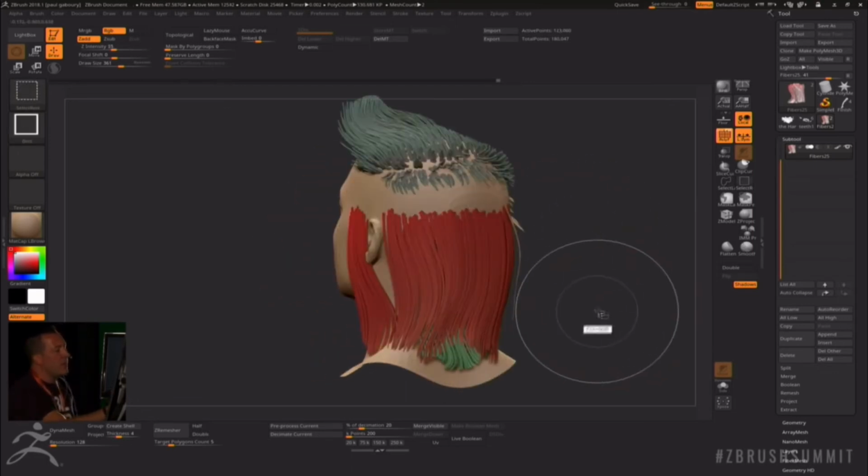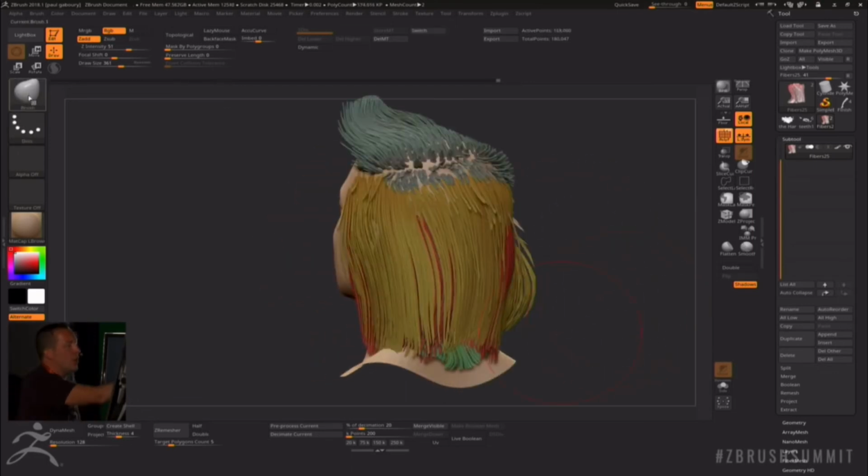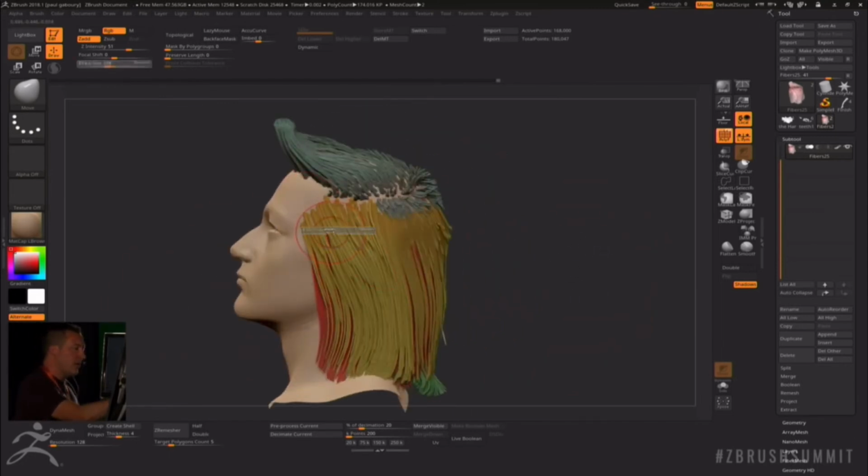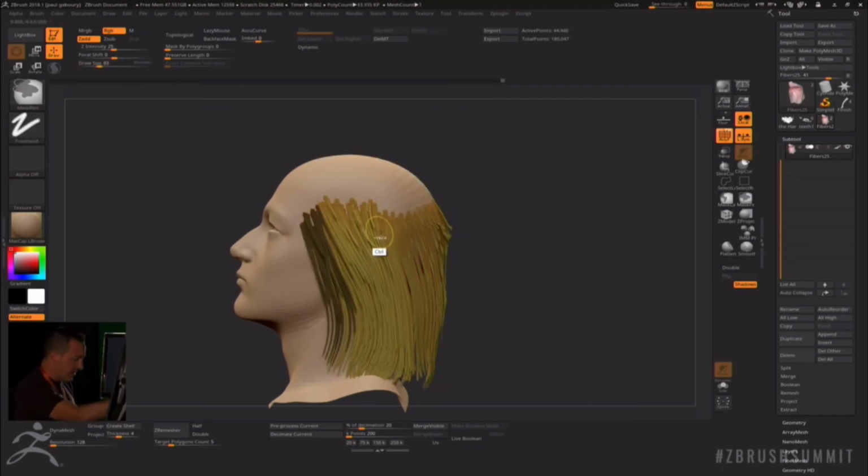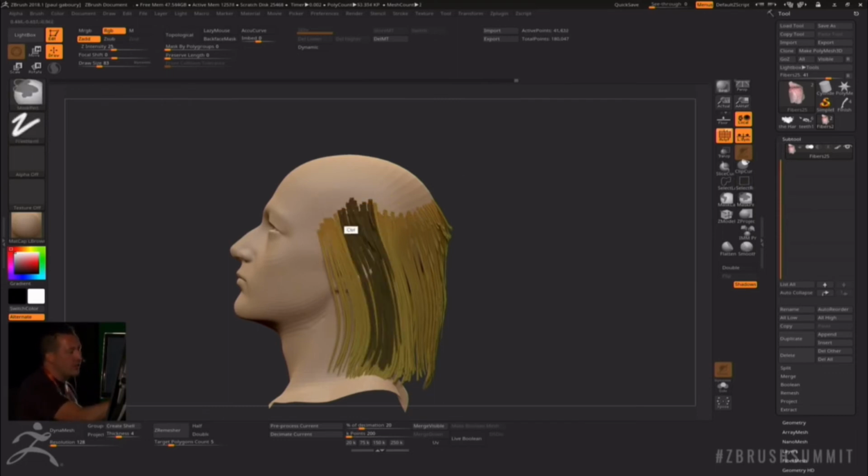So I said I was using mostly the Move tool, the Z project, and I'm also using the pinch tools. I will show you that. So basically what I'm doing, for instance, I'm going to do some clumps. So I will start to go more into details now. Like that, like that,